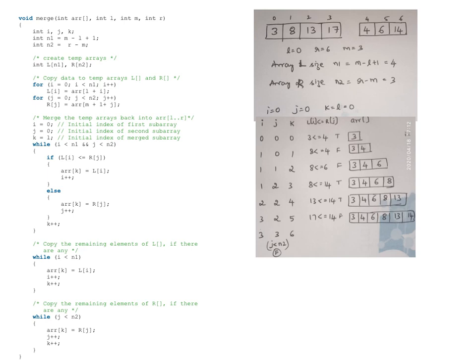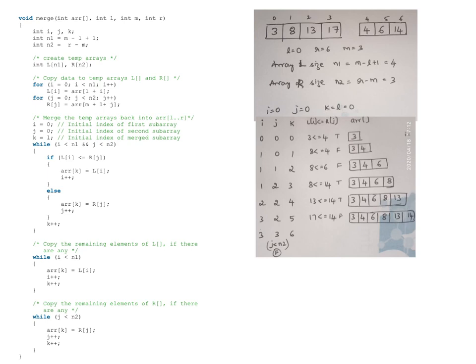Next, again the condition will be checked, I less than n1, j less than n2. Next, you compare L of I and R of j. So I am going to compare 8 less than or equal to 4, which is false. Then the second array, first element, that is 4, will be copied to the array, which is k equal to 1. Then k is incremented. Now j is incremented, because the second array element is copied. Then again, the next check is between 8 and 6. So again, it is false. So 6 is copied to the array. Then j is incremented. So j becomes 2, k becomes 3.